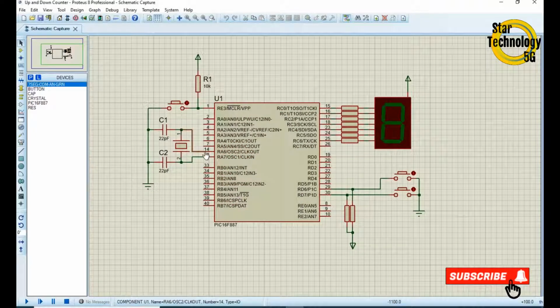Friends, circuit is ready. Now we will write its code in MPLAB. After that we will test this circuit.